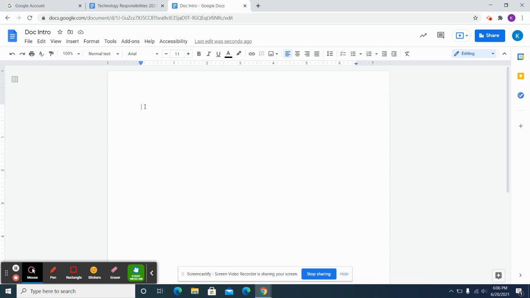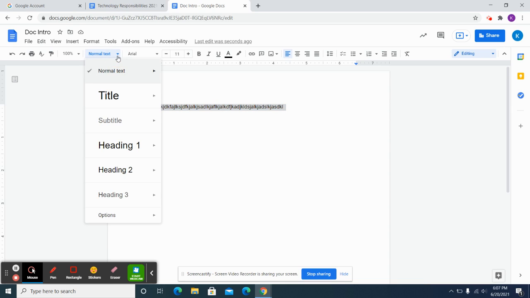So once you are on your Google Doc and you want to type some stuff out, I'm going to show you how to do different things to that typing. So you can always either click and drag to highlight, or you can double click to highlight. And I want to go over this bar up here, which is all your formatting tools. So the first thing we'll go over is styles, your text styles. That's if you want to do titles, subtitles, headings,